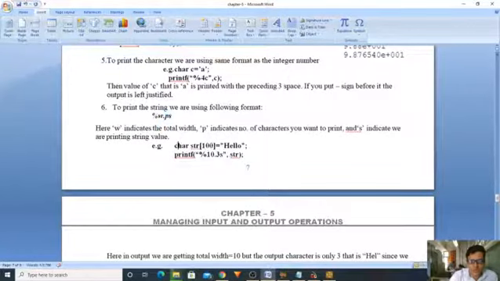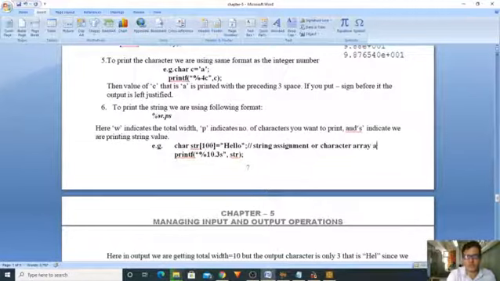Here we are seeing char str[100]. This is the string declaration, or character array assignment. What is the name of the variable? str. What does it mean? We are defining its size. What is its size? 100.